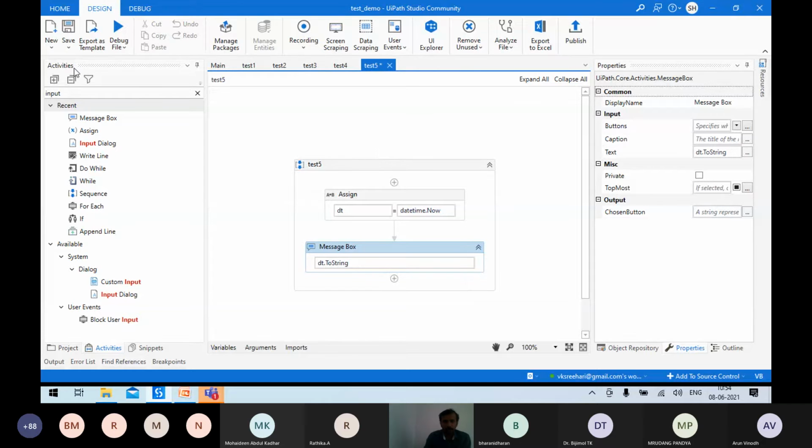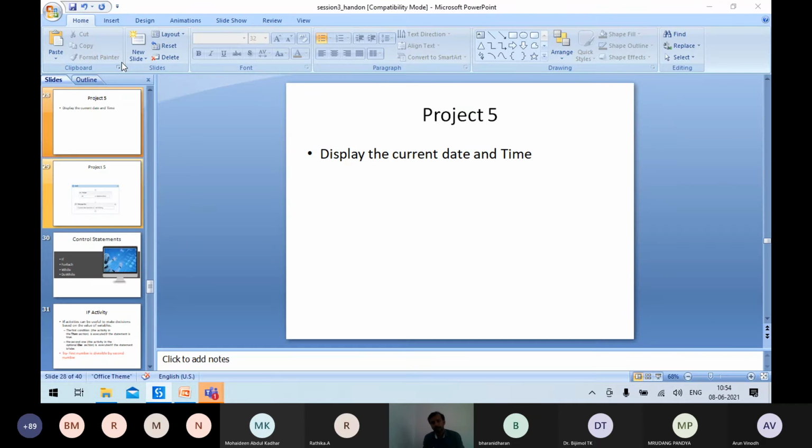So it's over. Just have to save it. You have to run this file. This time it takes a bit more time to display.